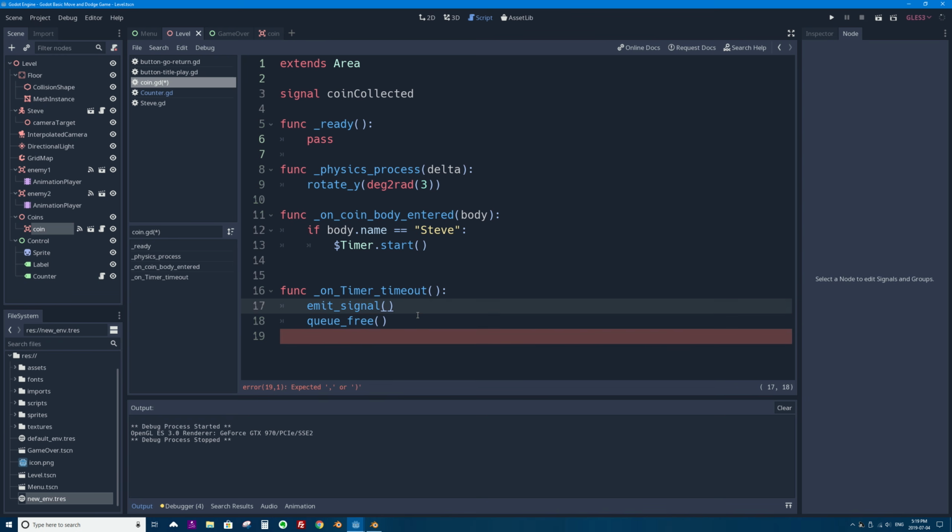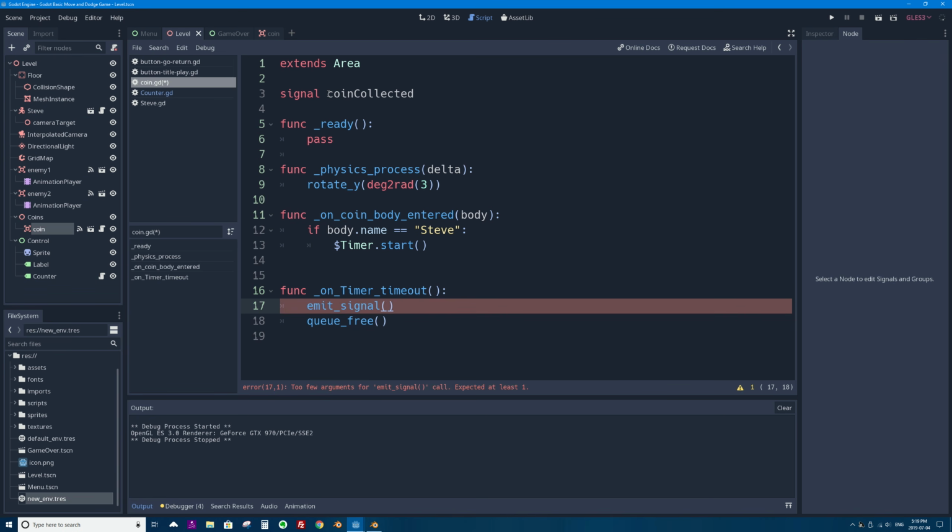And the signal, we just have to put in "coin collected" in double quotes. So I'm going to go into emit signal, type my double quotes, and type coin collected, and it knows what we mean because it knows what signals I've defined in this code. So there we go. That code should work, except that it's going to emit this signal, but nothing is handling